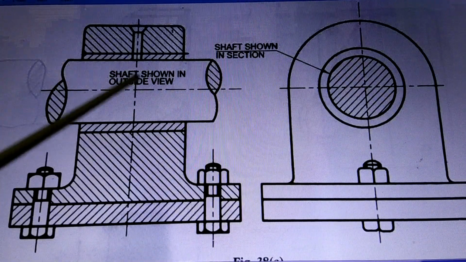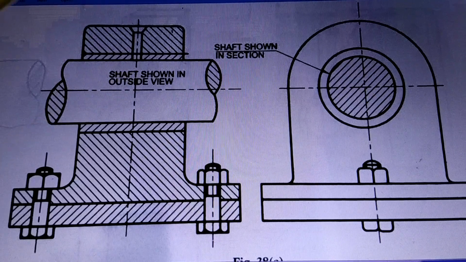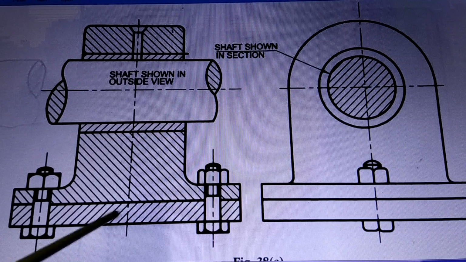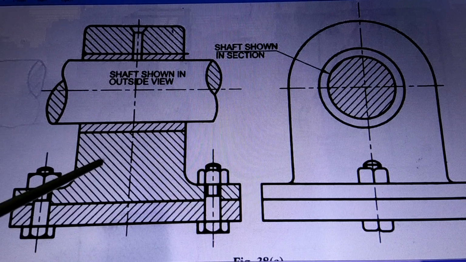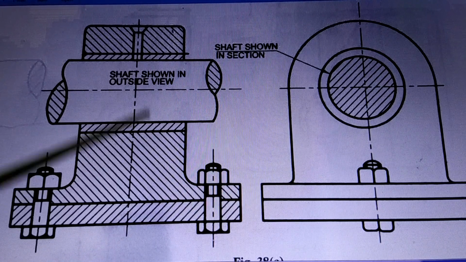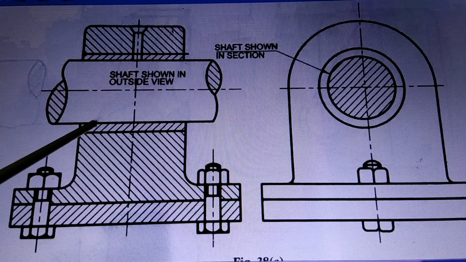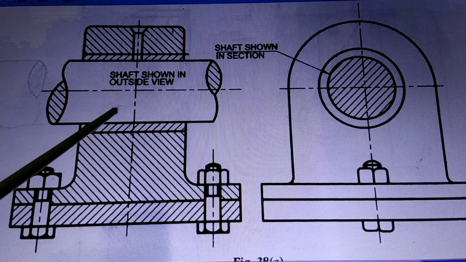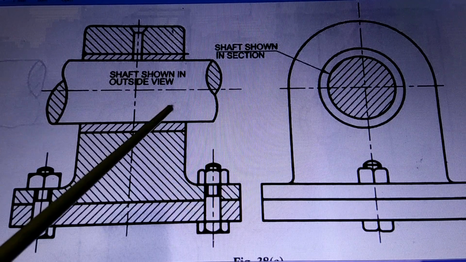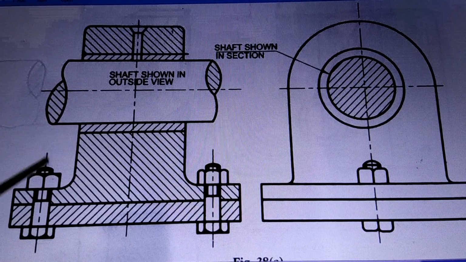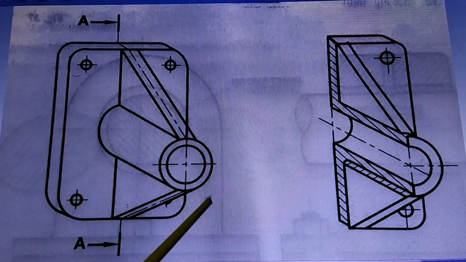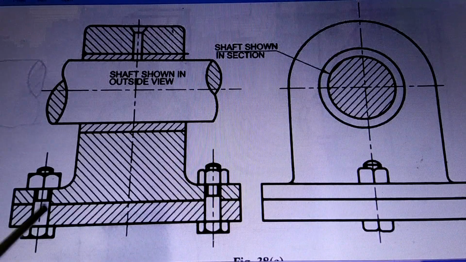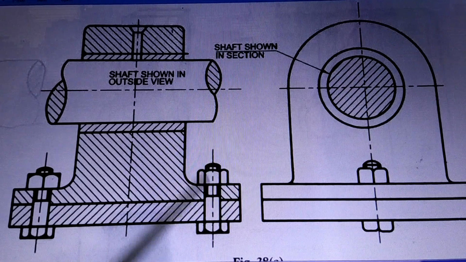Now when you take a section, we have already seen that the parts which are cut are to be shown in section. So in this case, this plate is cut, section lines are shown. This is cut, section lines are shown. This is a pipe which is cut, section lines are shown here also. But you will observe that this is a shaft which is cut, but the section lines are not shown here. There is a bolt here which is cut. The bolt is cut, but still the section lines are not shown here.